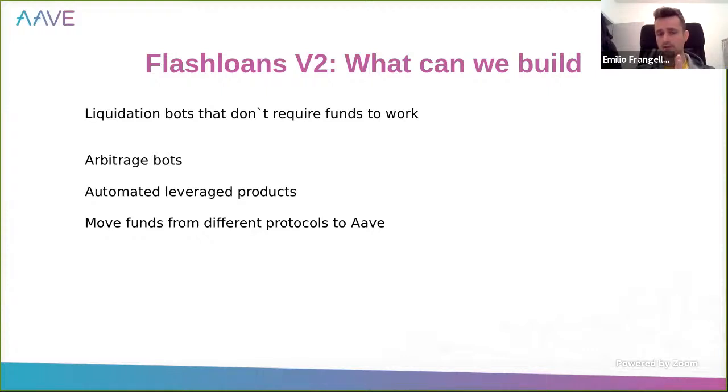Aave Flash Loans version 2 allow you to make this O(n) operation, so multiple borrows and deposits in sequence, in one transaction. So with one flash loan, you can automatically leverage as much as you want, as long as the risk parameters of the particular assets that you want to leverage allow you. So if you want, for example, to leverage, I did an example already before, but the fact of having the liquidity in advance means that you don't need to borrow multiple times, but you can ask for the liquidity in advance from the protocol, buy the asset that you want to leverage, and deposit all in one transaction at the same time, which is a huge